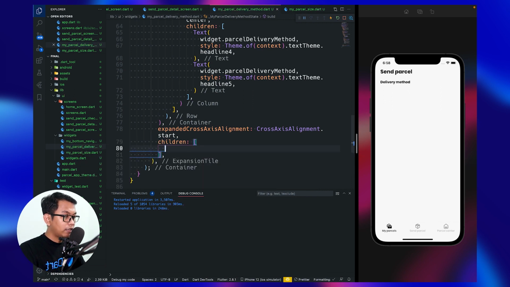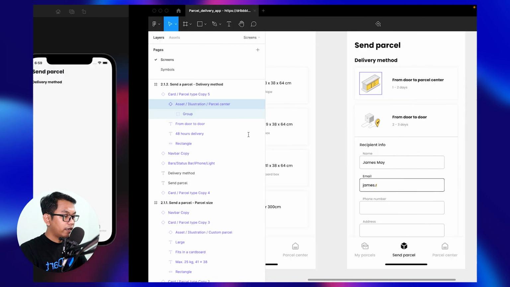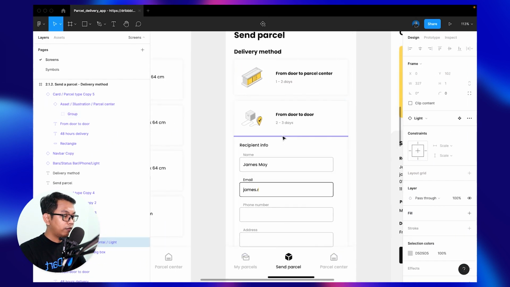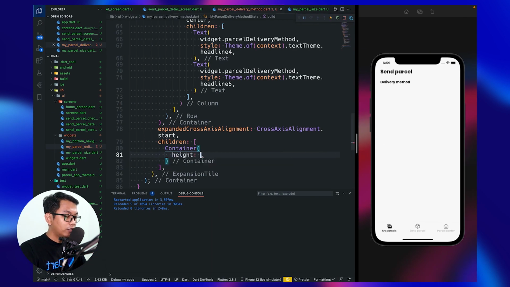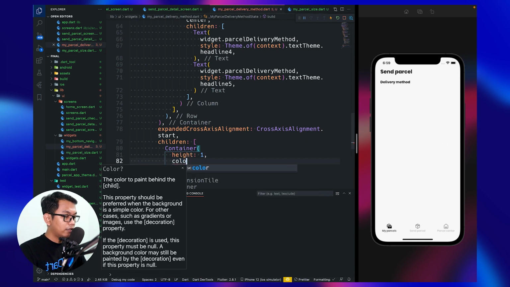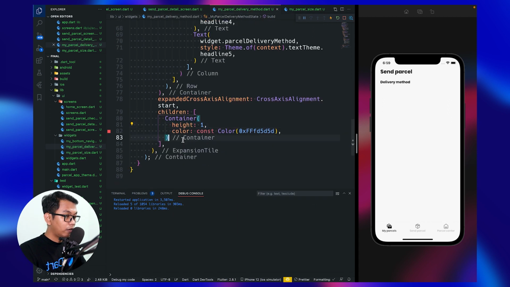And expansion tile has another parameter, which is children, to save our children. And the first child is we want to add an underline or a horizontal line. We use container with the height 1. And for the color, we set a new color for now. And below our container, we create a new widget, name it as expansion children, look like this.